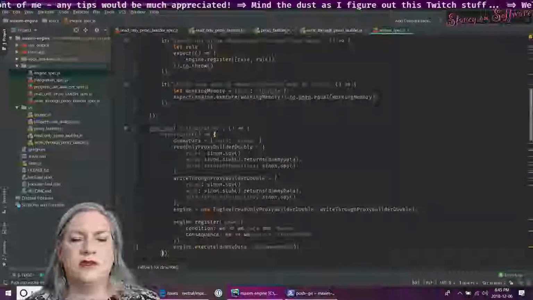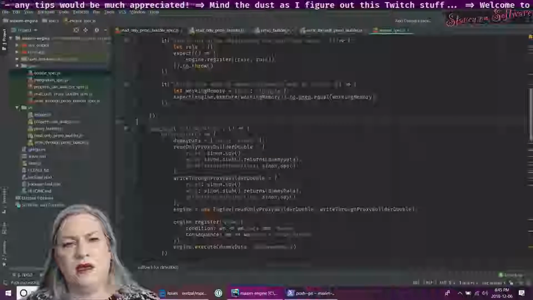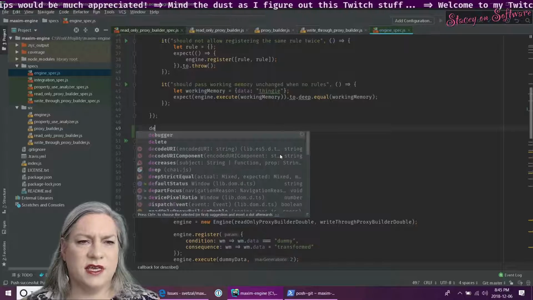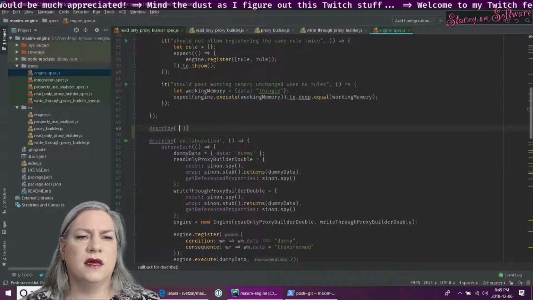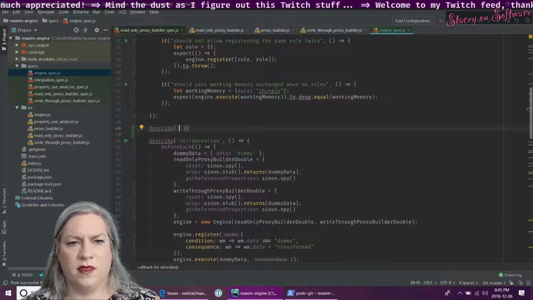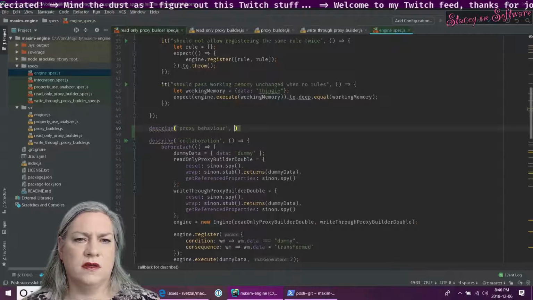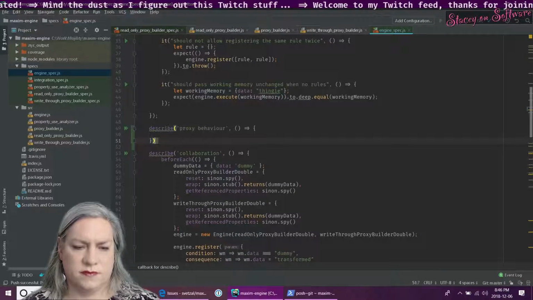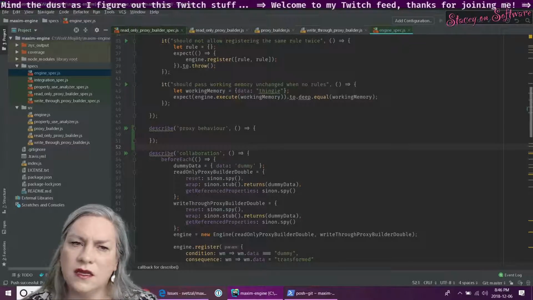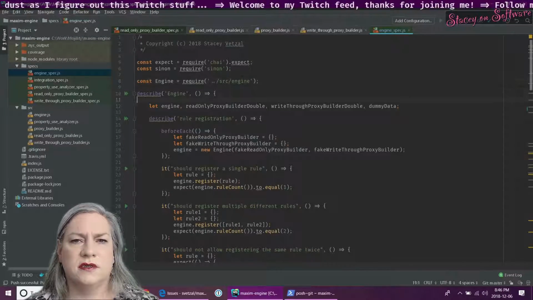That's interesting. These two describes have the same block, or some of the same basic structure here. Why don't I say proxy behavior and let's see those variable names.